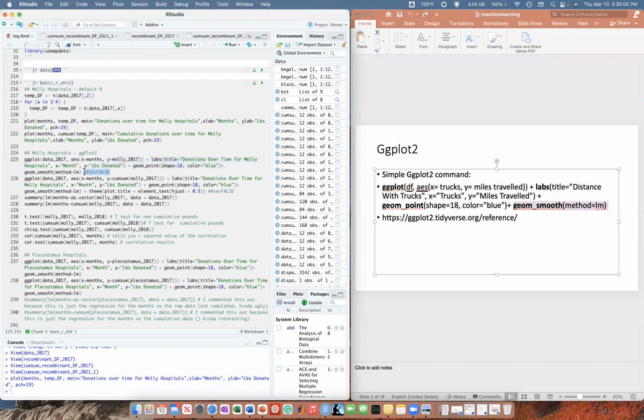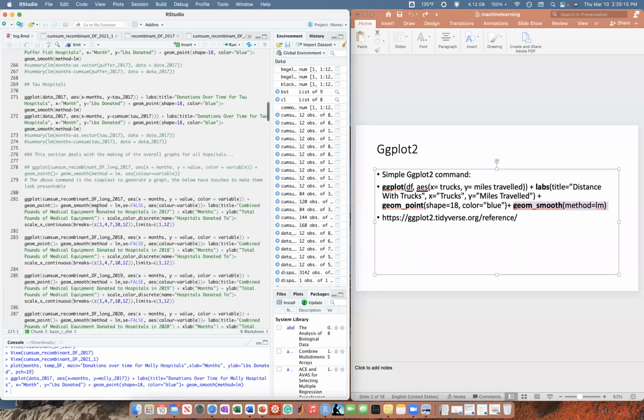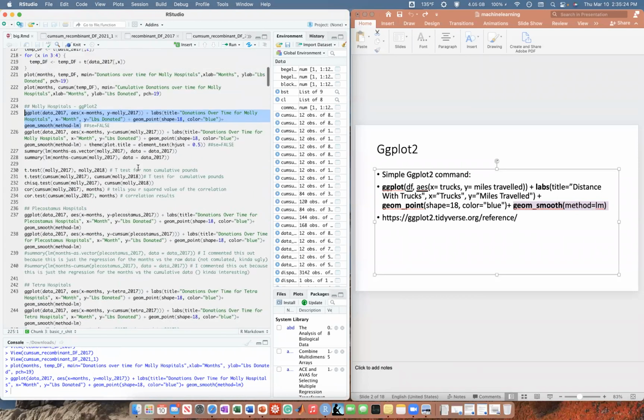Notice I put se = FALSE. By default, if you run this command, it'll show the 95% confidence intervals, I believe, which you can see are pretty big because the data is really not linearized.